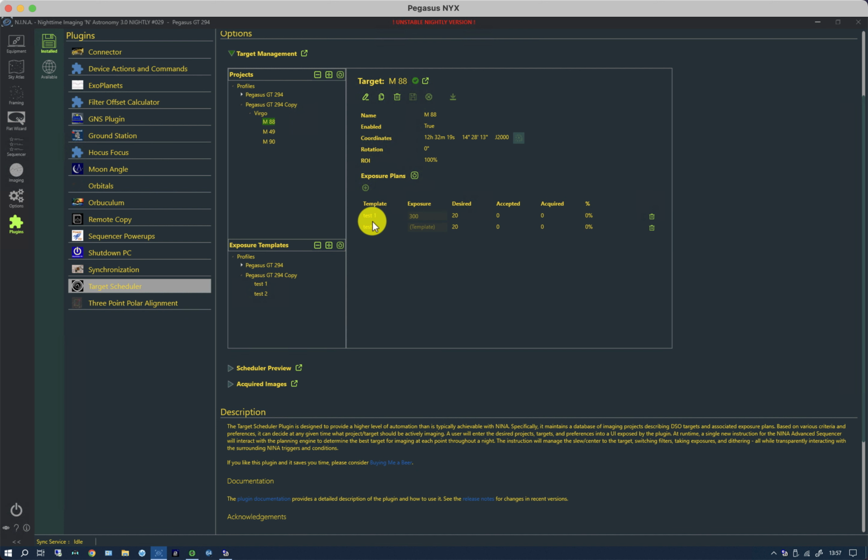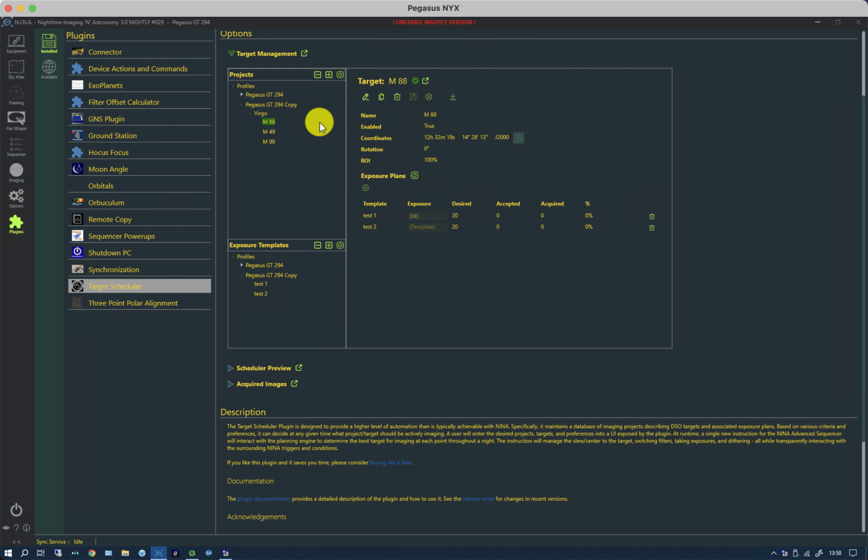So for instance, for my narrowband objects, I'd have 6, I'd have H, S, O, and then star R, star G, and star B. And what I now can do to save time for the future is I can duplicate this entire target along with this exposure plan, which saves me all the effort of adding the exposure plans to each target in turn. So for instance, if I now hit this button here,